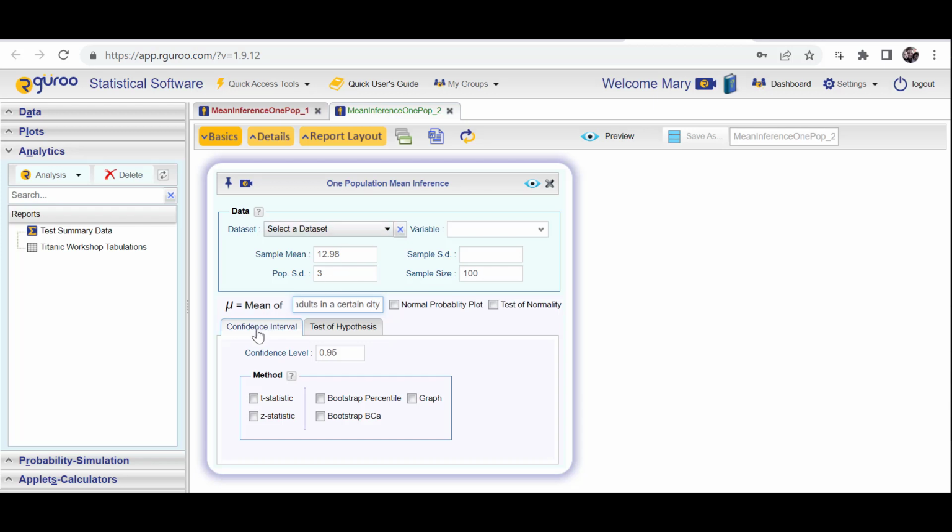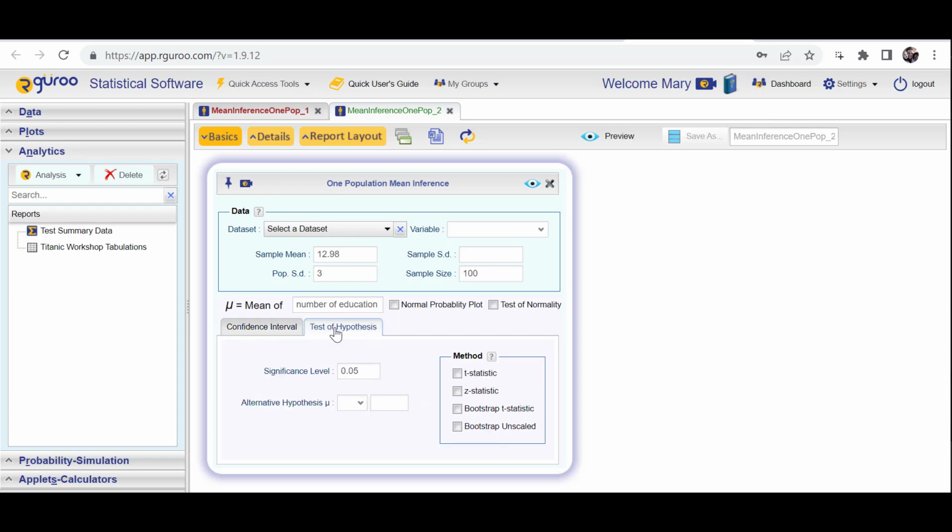All right, and then confidence interval is right here. I'm going to click over to test hypothesis. Significance level, the default is 0.05, so if they don't give one, leave that. If they do, you can change it accordingly. This needs to match up with my alternate statement. My alternate statement is that it is greater than